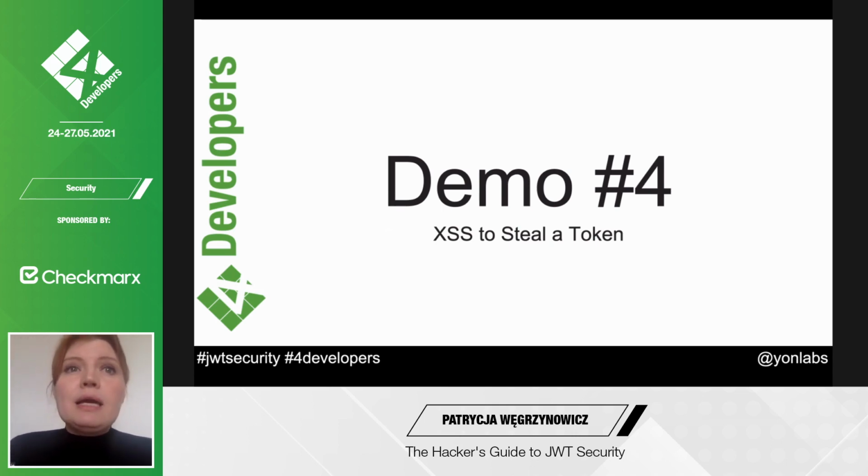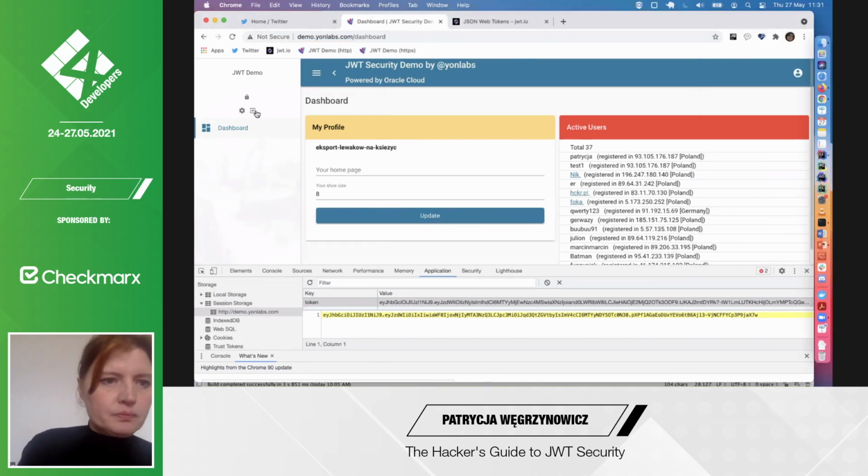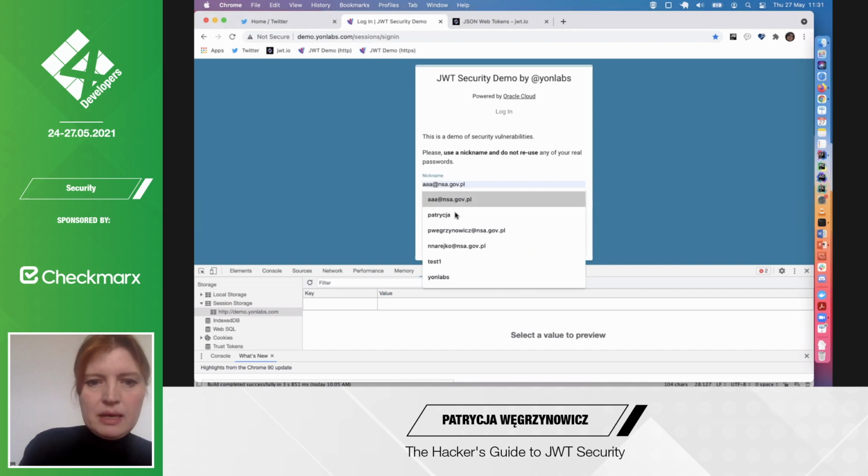I think I will still be able to hijack your sessions, this time by exploiting an XSS vulnerability to steal one of your valid tokens. Okay, so let's move to the application.